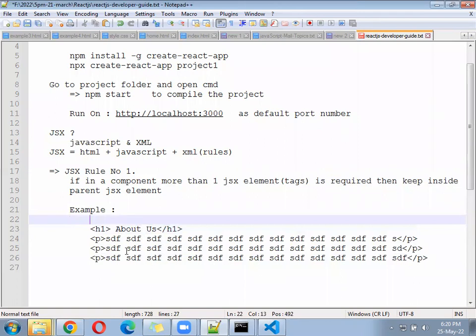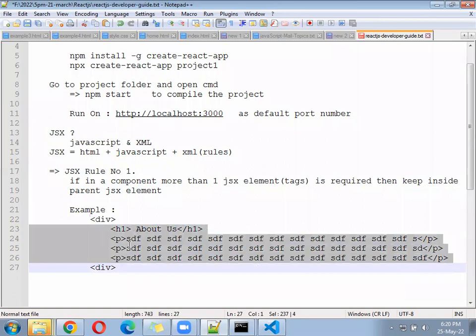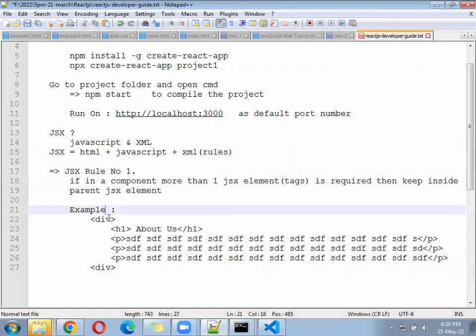If more than one JSX element is required in one component, you cannot print them all as independent individuals. You must keep them inside the parent tag. That is the rule of XML. XML also says in every XML file there must be a parent tag. Now all of this, the H1 and paragraphs, is part of the division, so your JSX will not fail.